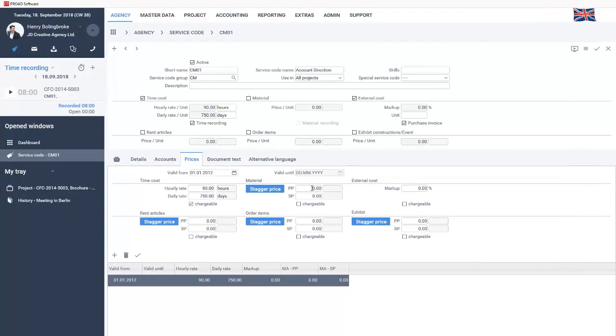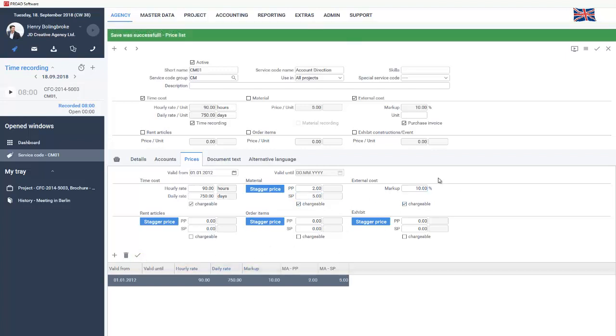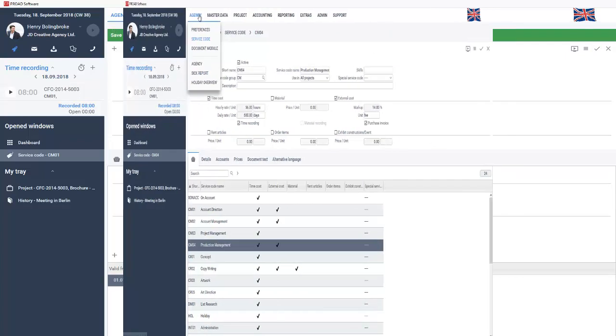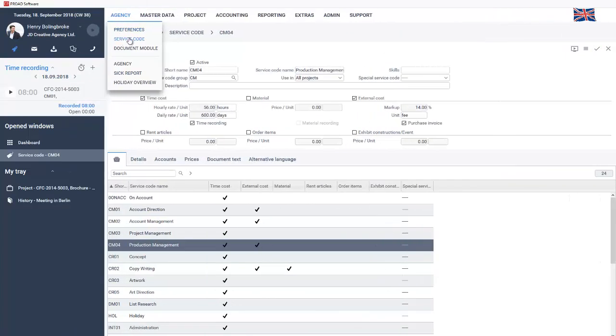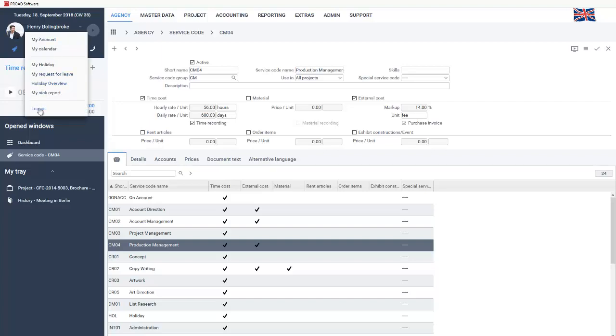Different characteristics can be entered depending on the category. For example, you can set a standard fee for materials and a handling fee for the service code for external resources costs. Saving this area with the respective checkboxes means a valid standard price for the service code is entered. Please also note here that newly created service codes will only be available for all areas after a new registration